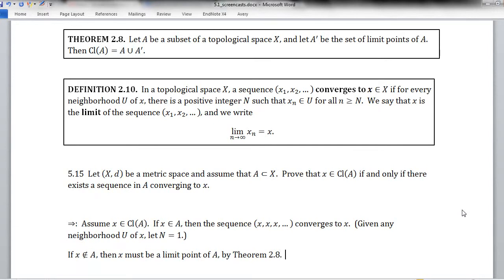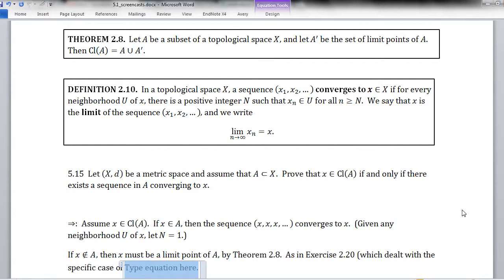And so, similar to exercise 2.20, which I remind you dealt with the specific case of the metric space R^n in the standard topology,